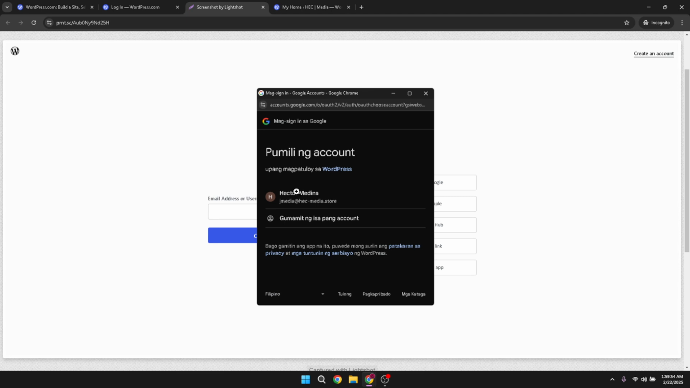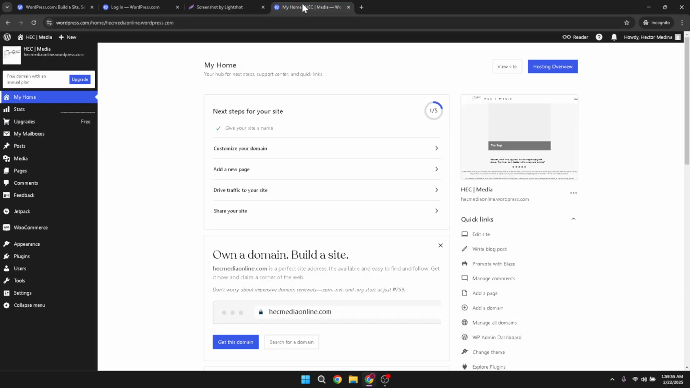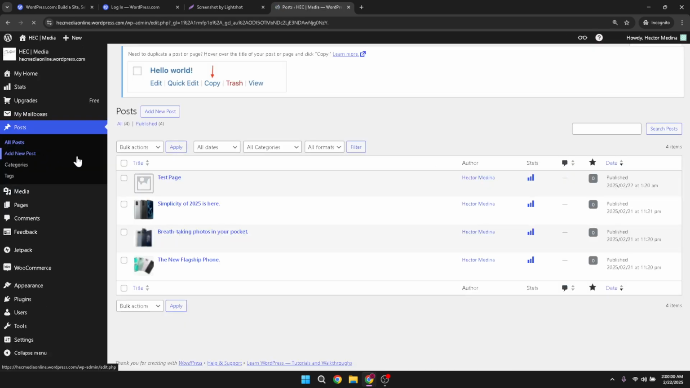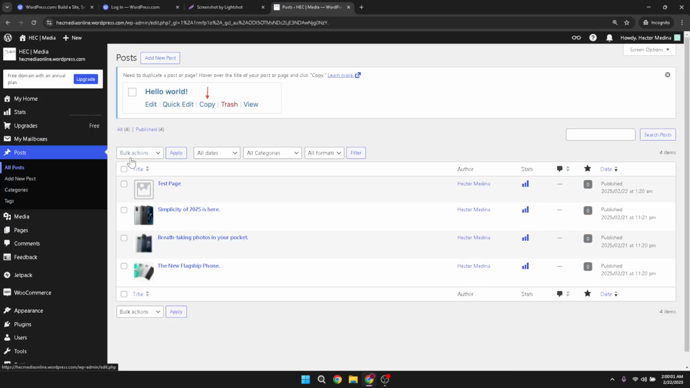Now that you're logged in, look for the Posts section in the WordPress dashboard. It's usually on the left-hand menu. Click on Posts and a drop-down menu will appear. From this menu, select Tags. Clicking on Tags will direct you to the Tags Management page, where you can view all existing tags on your site. This page allows you to see what tags are already in use, helping you avoid duplication and enabling a